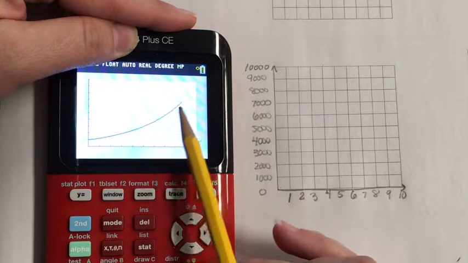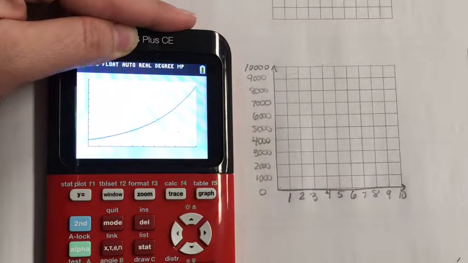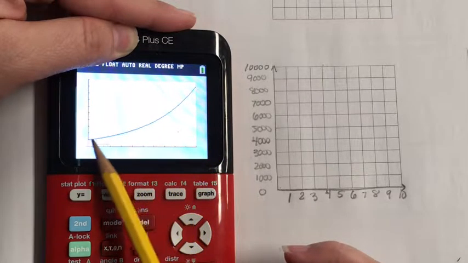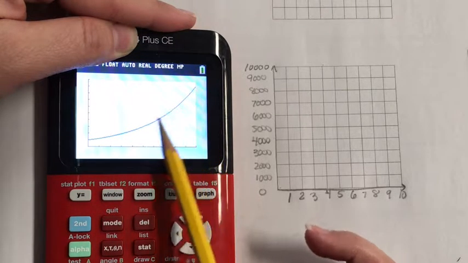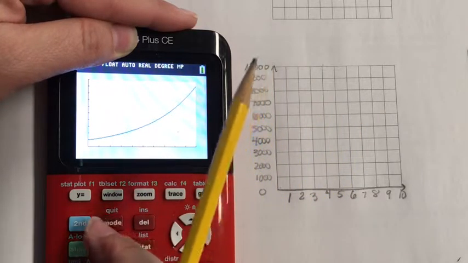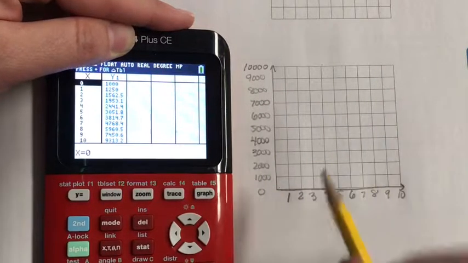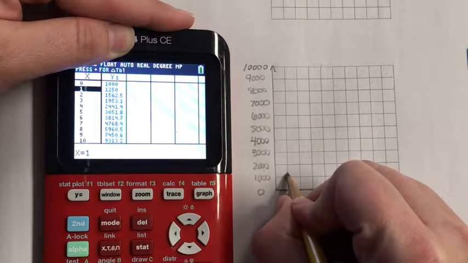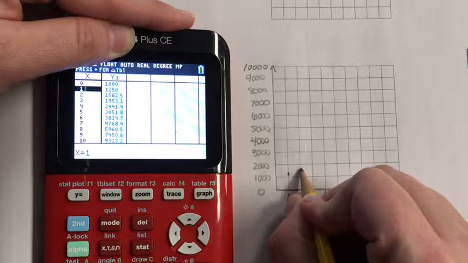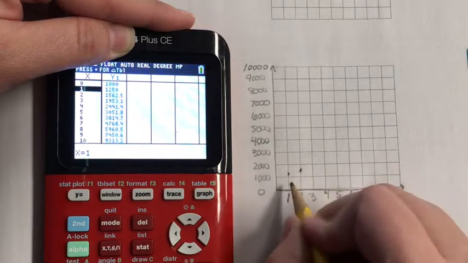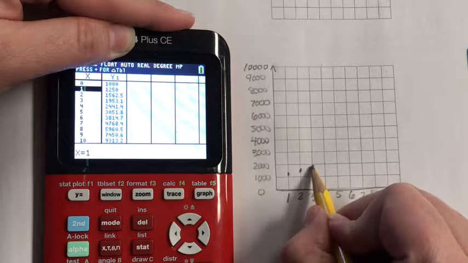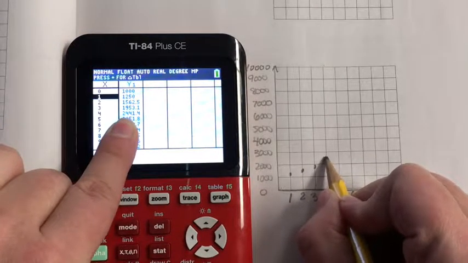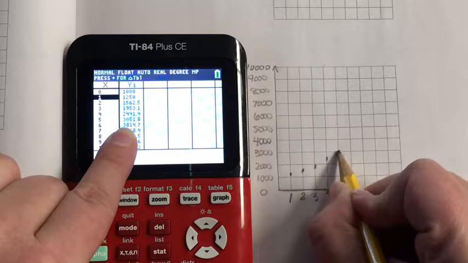So I know that this is what it's going to look like, but I still want to be a little bit more accurate. So see how this isn't so much of a steep swoosh, it's kind of like a stretched out swoosh. Do you see what I'm saying? So I'm going to go back to the table, and then 1 goes with 1,250, then 1,500's about halfway in between, then 1,900's a little bit under 2,000, then that's almost halfway in between, then 3,000,